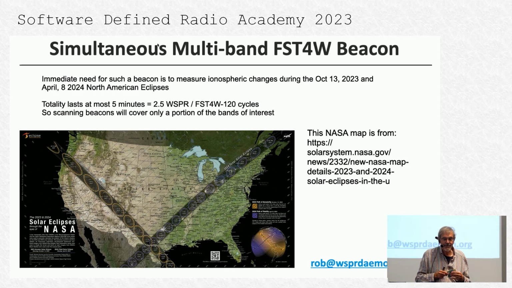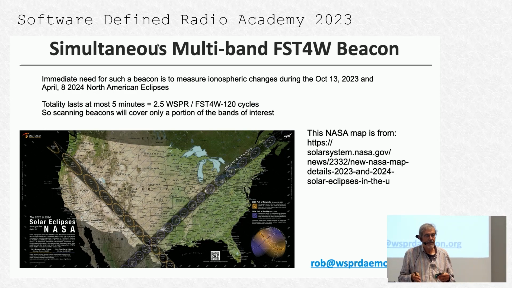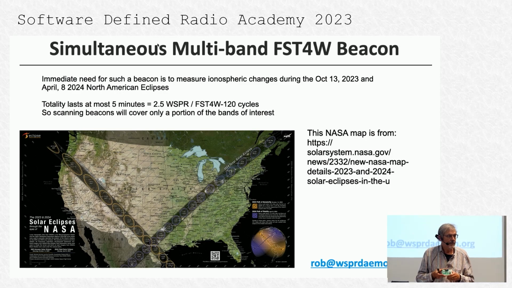I just briefly wanted to talk about a third transmitter that we're developing. We're part of the HAMSci group in the United States that does citizen science investigations. And we have a major effort upcoming to study the effects on the ionosphere of these eclipses that are coming up. There's an annular eclipse, 95% coverage of the sun, that occurs on October 13th of this year, and the path of that is